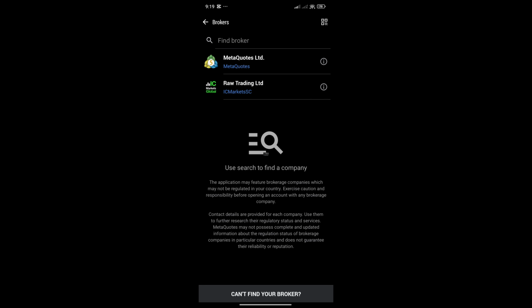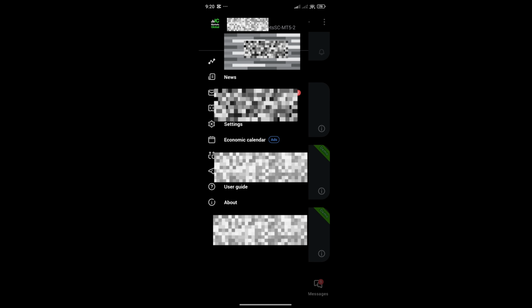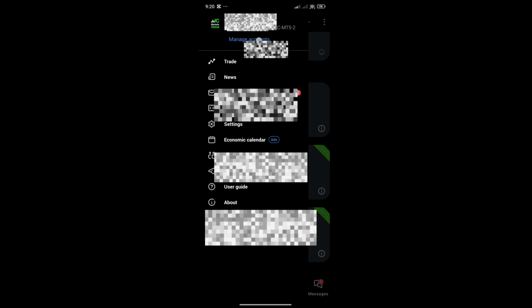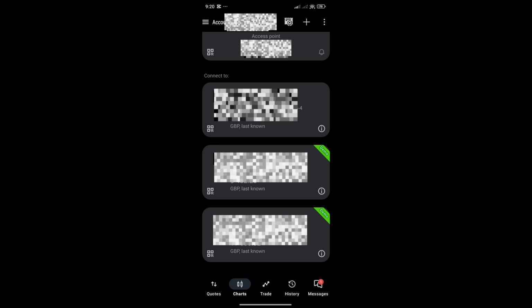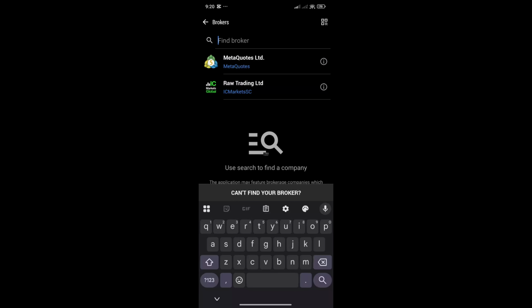You're gonna want to head over to MT5. Okay, so now you should be on MT5. You want to go to find broker. You want to press the top button up there, manage accounts, go to the plus sign. You want to go to the plus sign, and then you want to write in IC Markets up here, IC Markets,